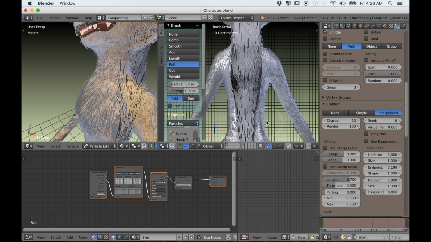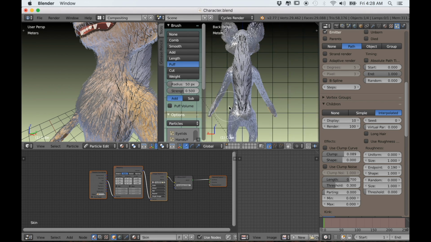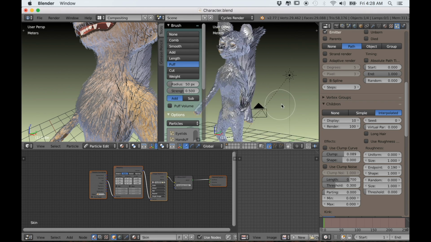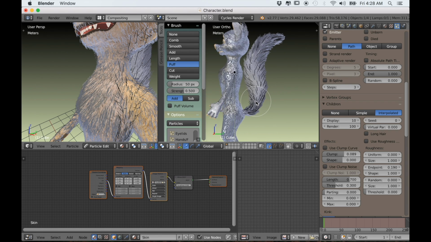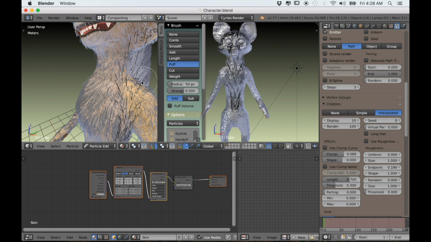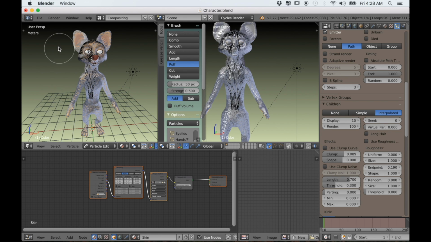So maybe I'll switch to my puff tool and just bring the sides out a little to make it look a little wider, and almost give it sort of a diamond shape. Yeah, okay, so that looks pretty good actually. I like that better, I think, that it looks more